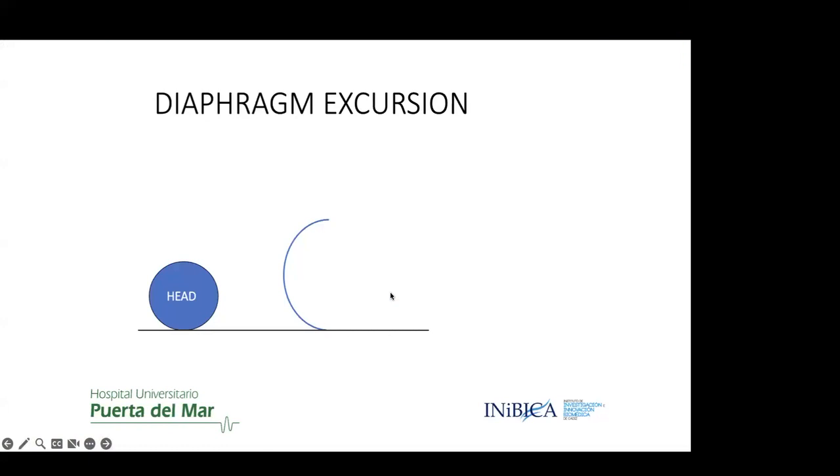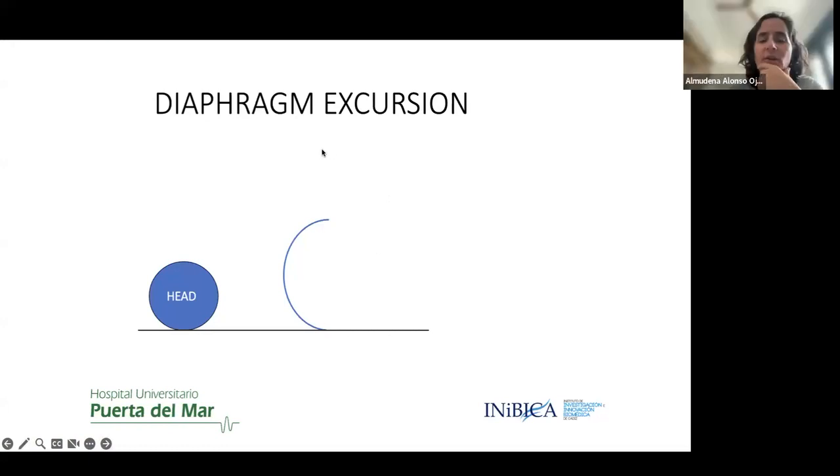And to understand what we are watching using these views, you have to take into account that in diaphragm excursion, we are seeing the diaphragm moving upwards and downwards through the respiratory cycle. This is a schema of the head of the patient and the diaphragm over the bed or the cot. And when we are using the ultrasound from a subcostal approach, we are watching really the posterior dome of